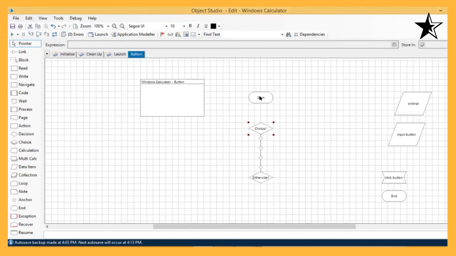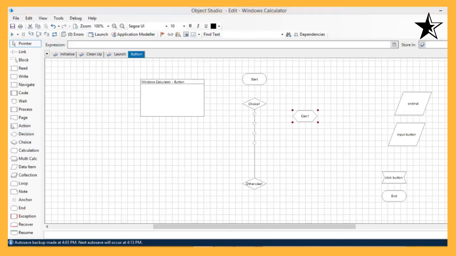Right. So corresponding to these 4 choice stages, I have to take 4 calculation stages to help the studio understand how we can input the value from the process.